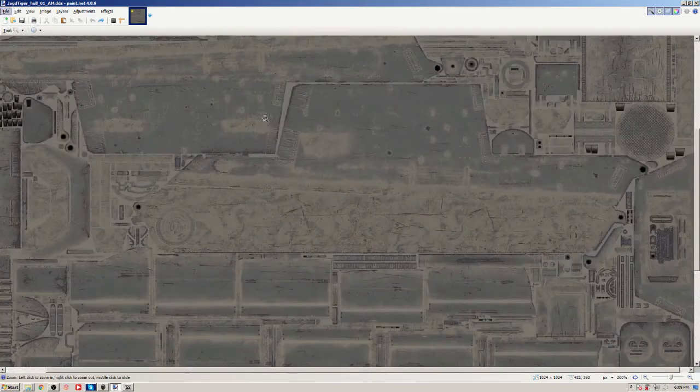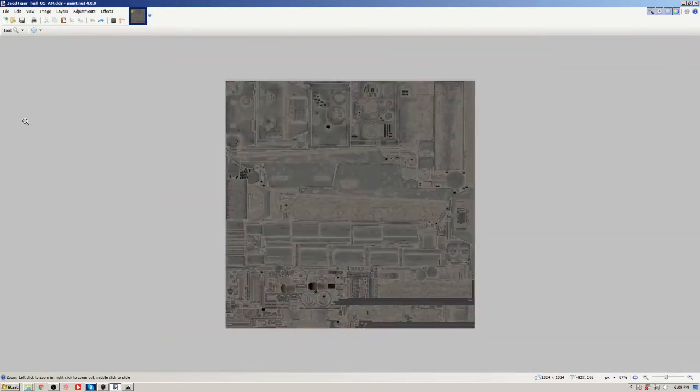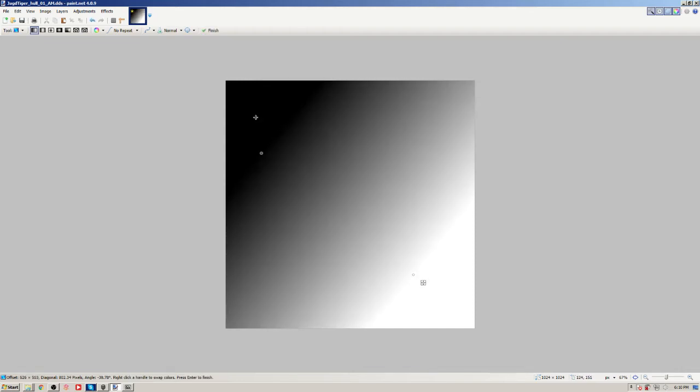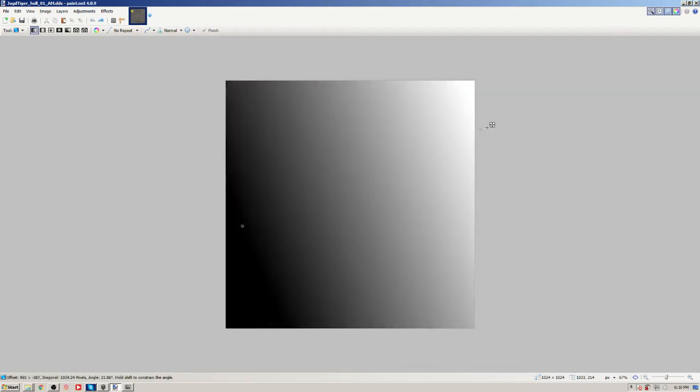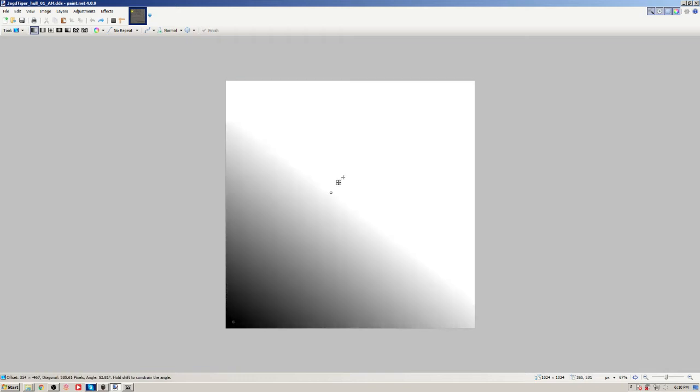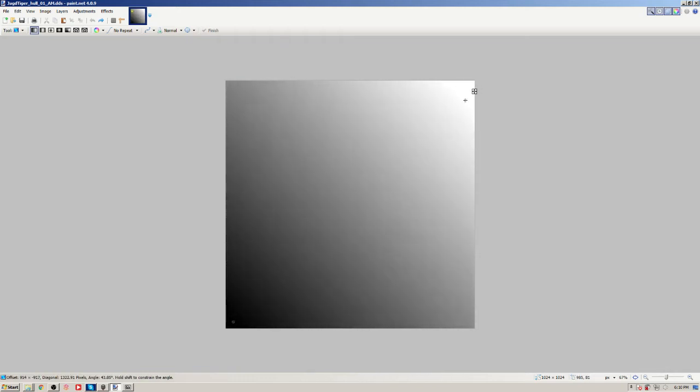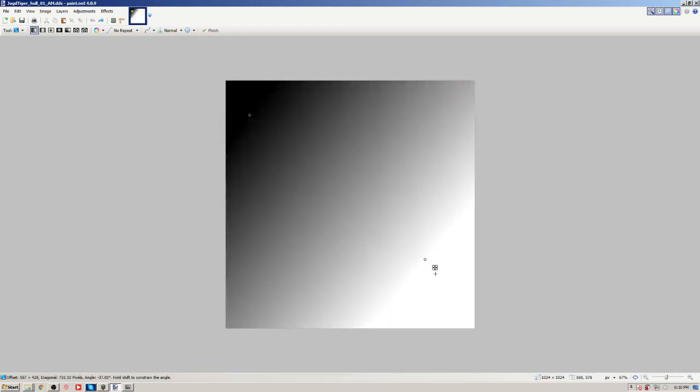Alright, so let's zoom out. And then I'll show you gradients. Gradients are probably something that you'll use as well. Essentially, you use the primary and secondary colors to go between on the gradient. So when you click and drag with the gradient tool, like so, you create a gradient. It just creates a gradient image for you, and it spans between two colors, from black to white, a gradient that goes between those two